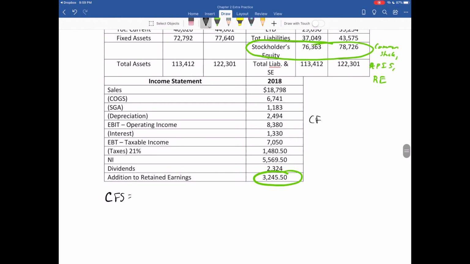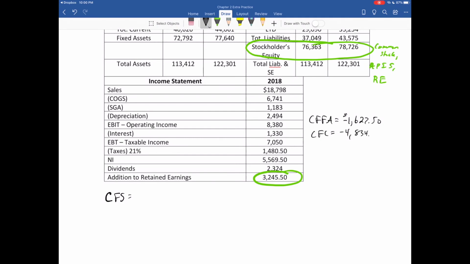Here, we'll just start off. Cash flow from assets in this problem is equal to a negative $1,627.50. All that is showcasing is that they actually spent more on their assets, fixed and current, relative to what their operations actually brought in. So now we try to identify where they actually raised those funds to purchase those assets. When you calculate cash flow to creditors, you actually get a negative value of